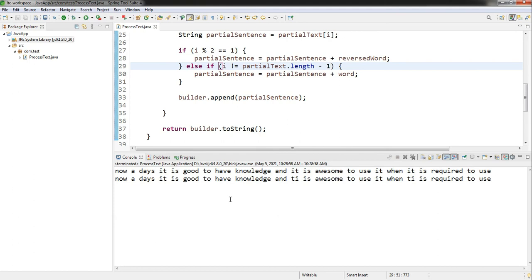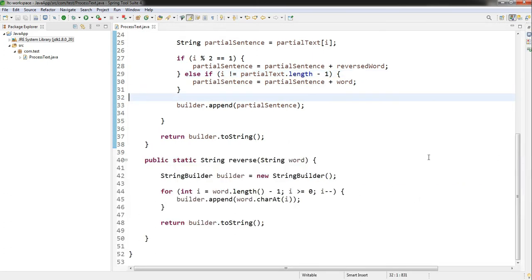Yeah, it is done now. If you see, the first occurrence I'm not changing. The next occurrence is replaced with the reversed string. The next occurrence I don't touch. Then the next occurrence is printed as the reversed string. So this is how the program execution is done.